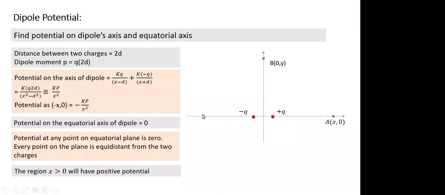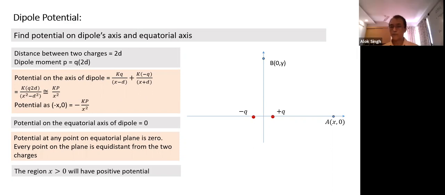On the negative side, the negative charge is closer to the point, right, sir? So if two charges are equal, which will have higher magnitude of potential? The charge which is nearer. Any point on the positive axis, which charge is nearer? Positive charge is nearer, so potential due to the positive charge is greater. Positive charge creates positive potential, negative charge creates negative potential. But which will dominate? Since the positive charge is nearer, it will dominate. Anywhere on this side, potential will be positive.